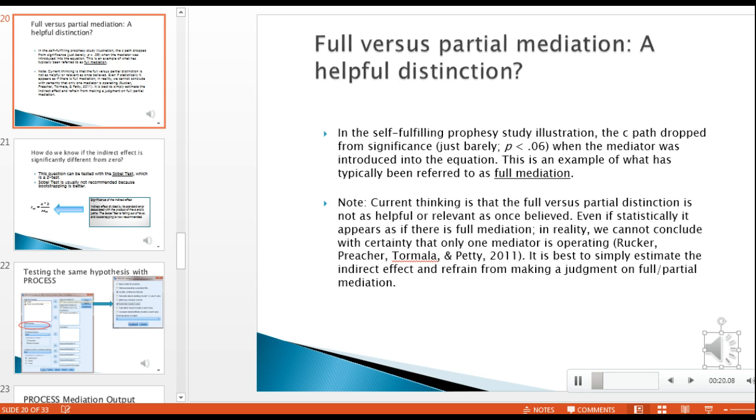However, there's some current thinking that this full-partial distinction is perhaps not as helpful, and so these authors, Rucker et al., with the citation below the slide in the notes, have argued that we should drop this distinction altogether and just stop talking about it. And they said the reason for this is that even when we test for mediation and statistically it shows a